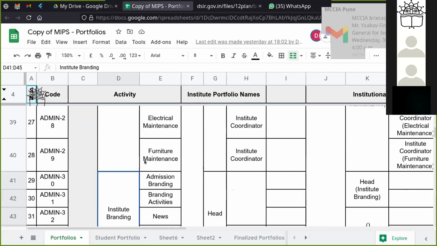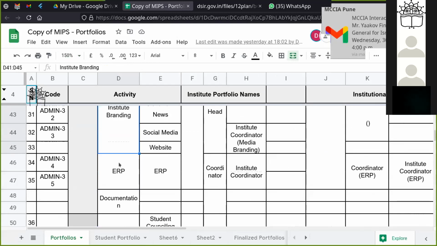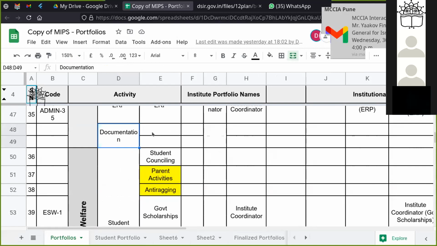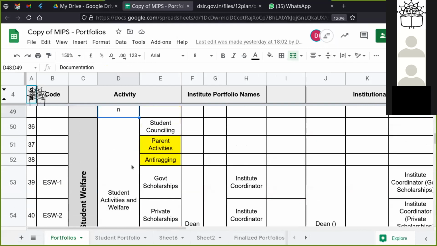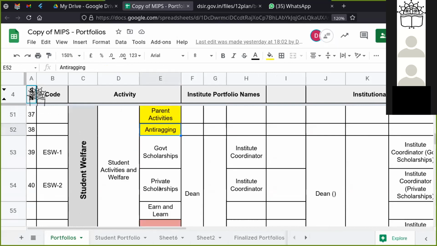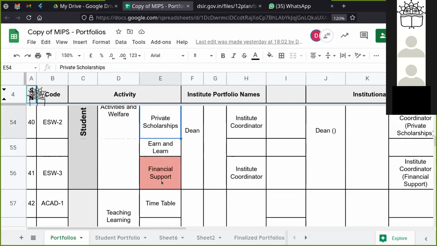We have institute branding, ERP, and documentation, which is newly added, so nothing is written so far. Then we have student welfare, where we have student counseling, giving them the right inputs about their career, examinations, studies and all. Parent activities, anti-ragging activities, government and private scholarships, earn and learn, and financial support.